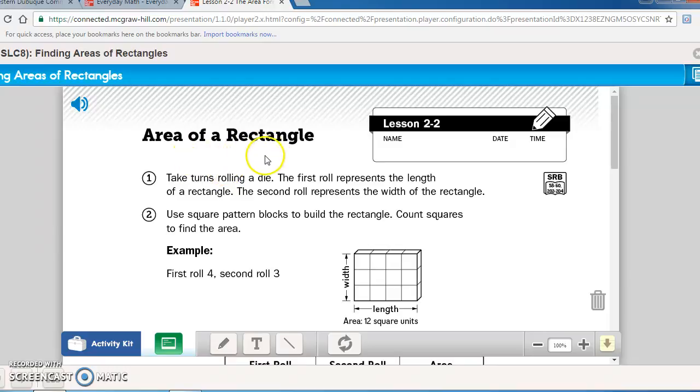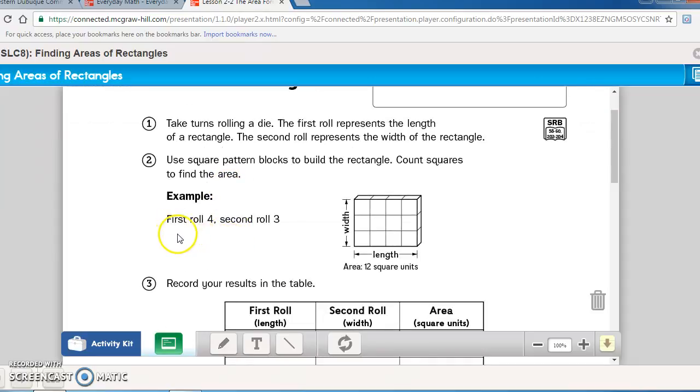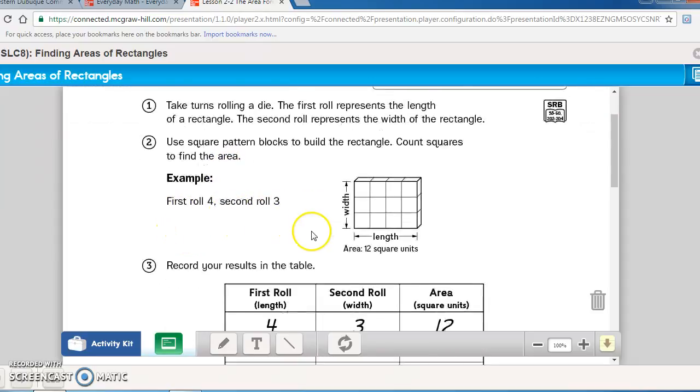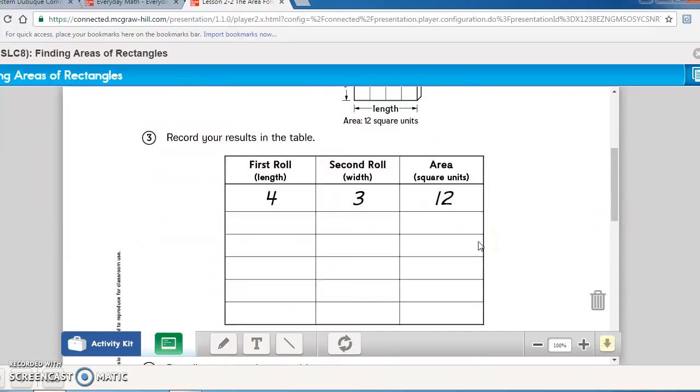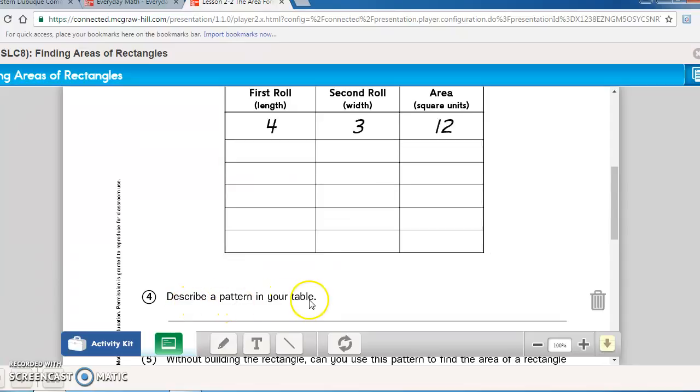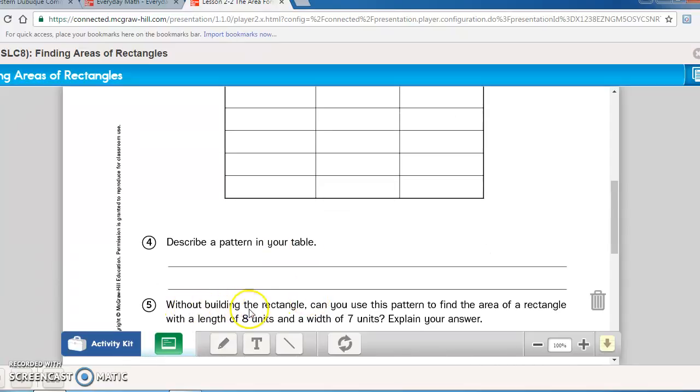Area of a rectangle. So you should take turns rolling the die, and the first row represents the length of a rectangle, and the second row represents the width of the rectangle. So use the square pattern blocks to build the rectangle, or the count squares to find the area. So if you rolled a 4 and the second roll was a 3, it would be 4 times 3 is 12. We recorded the results on the paper. Describe the pattern that you saw on your table, and without building the rectangle,